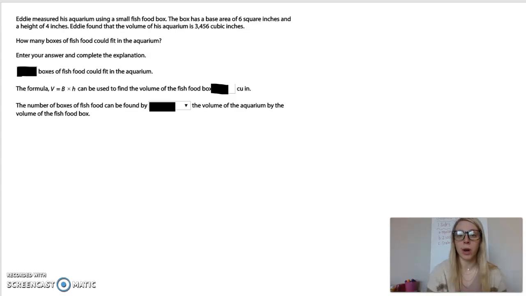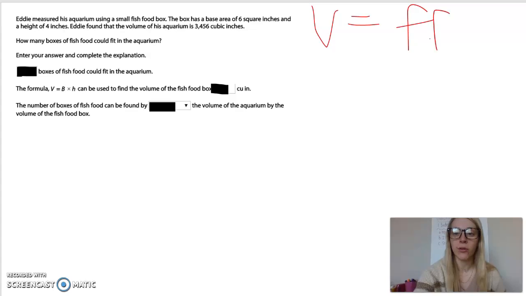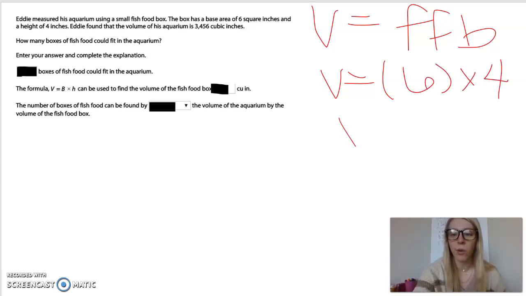This one is going to be a word problem. It's a little bit trickier than the rest of the problems, so I wanted to go over it before you get it on your homework today. Eddie measured his aquarium using a small fish food box. The box has a base area of 6 square inches and a height of 4 inches. So they just gave us all the information we need to find the volume of the fish food box, because they gave us the base area of 6 multiplied by the height of 4. So the volume of the fish food box is 24